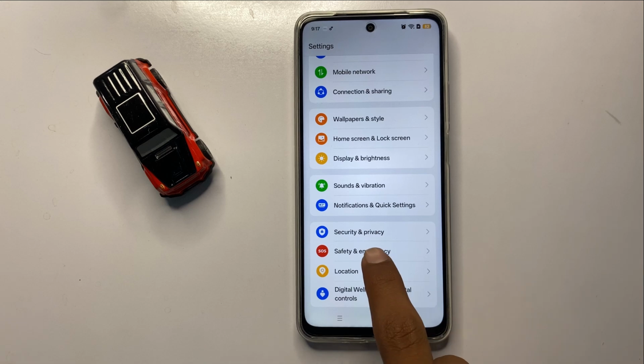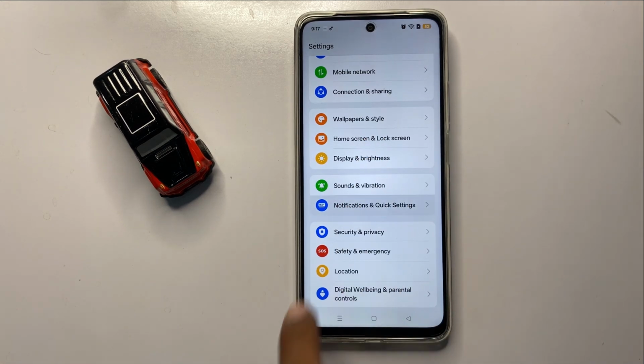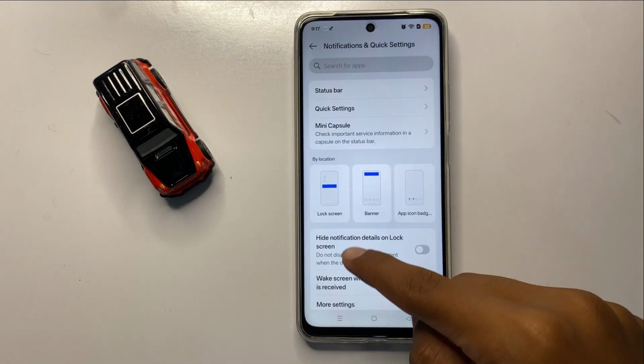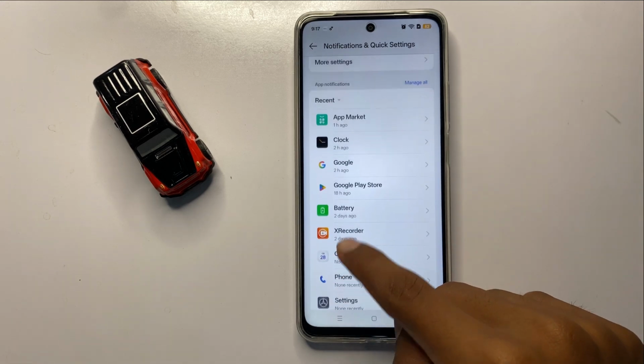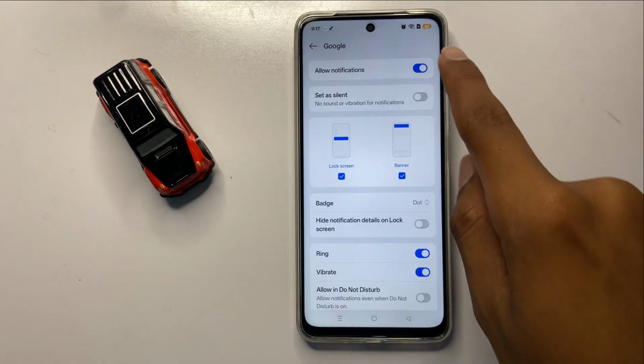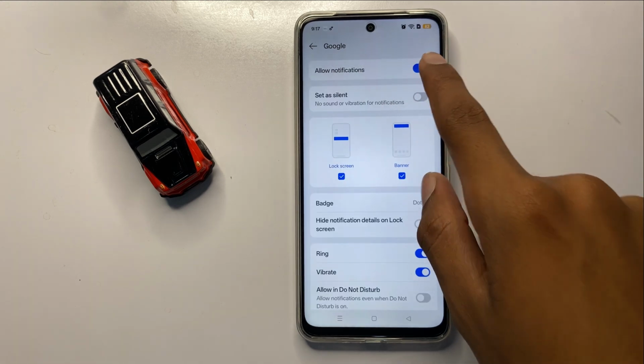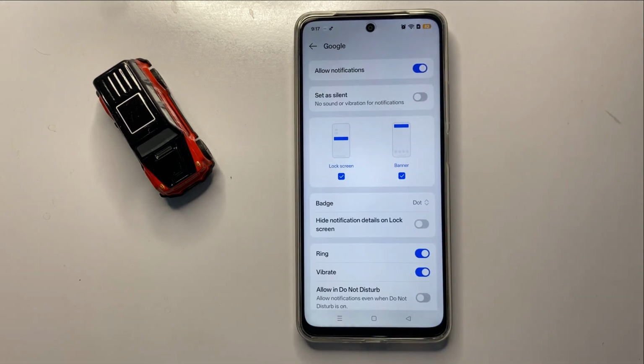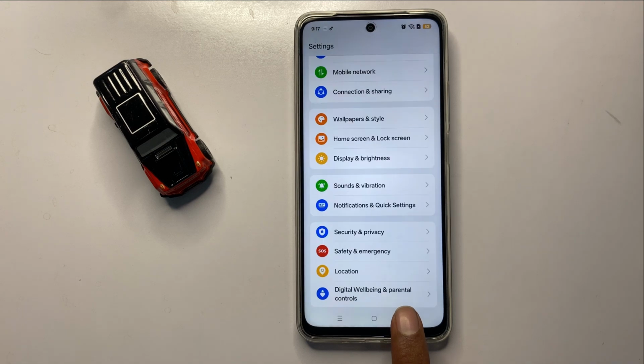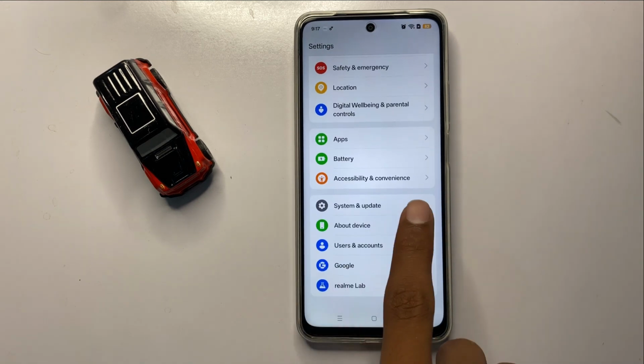and click on notification, and here you can turn on or allow your notification. Now simply click on app and here you can allow your notifications. After allowing your notifications, then go back to the main page of your settings and scroll down and click on